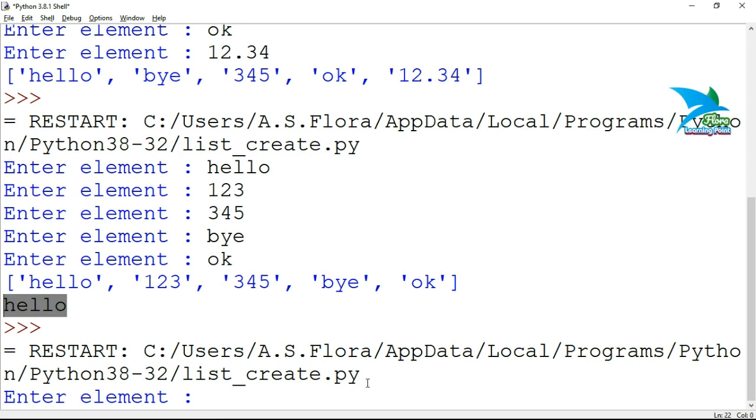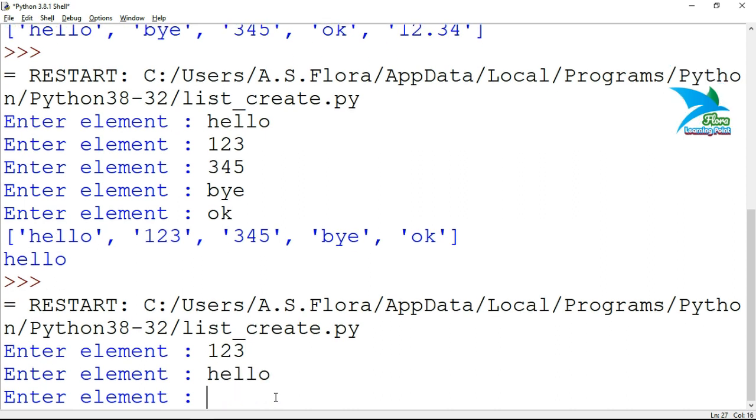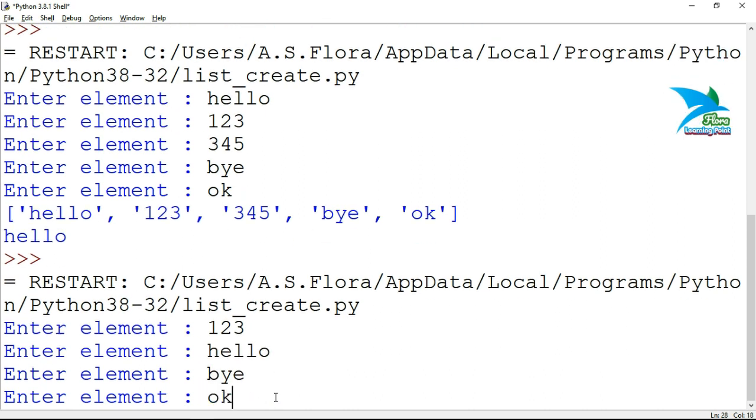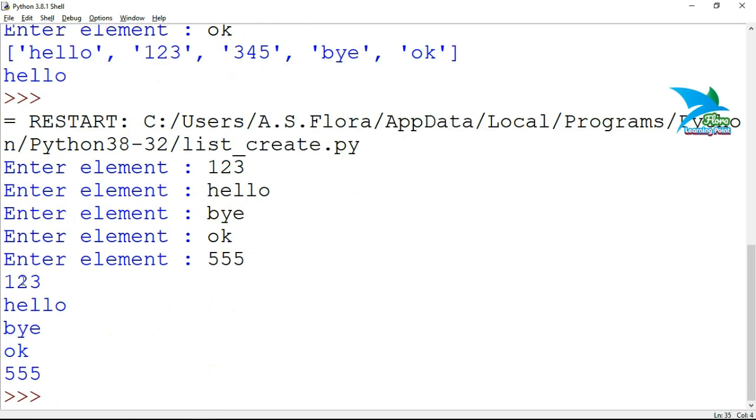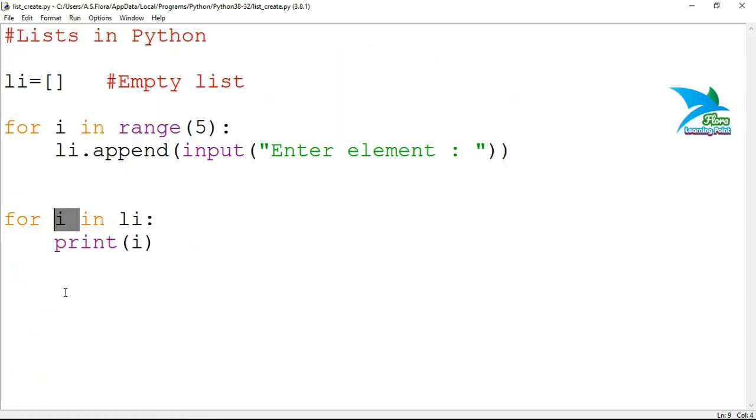So run it. Now here you can see all the elements are here. By using this mechanism you will be able to print all the elements.